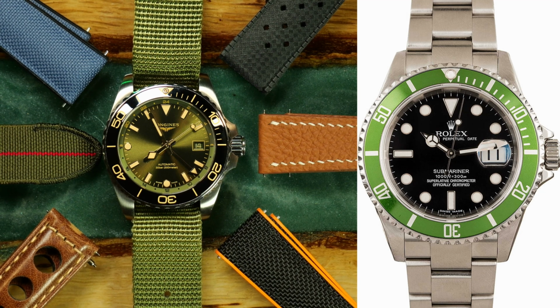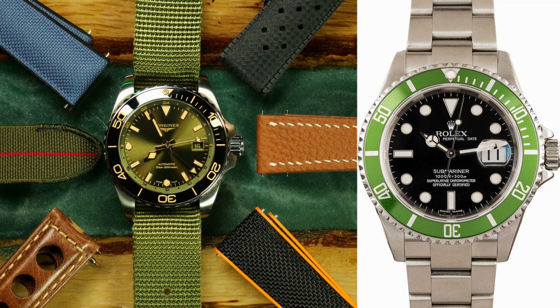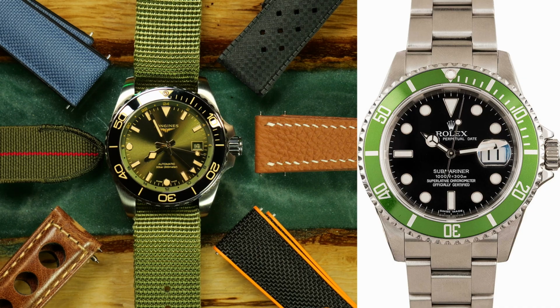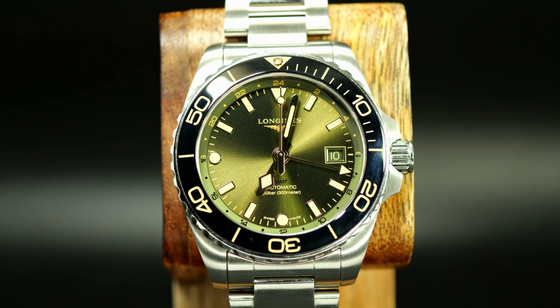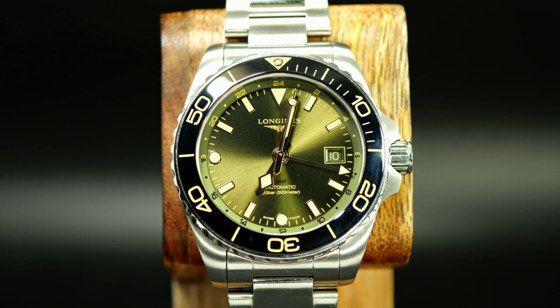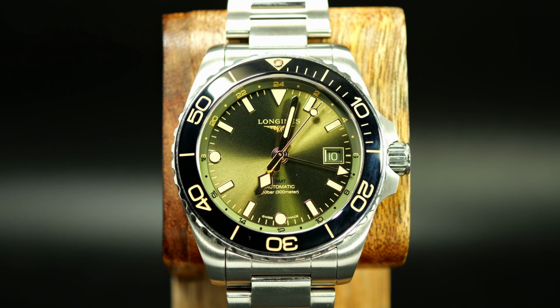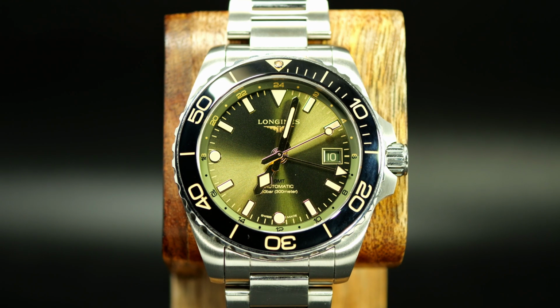But going even further, the sub has primarily dots with dashes at the cardinal points, and here you have primarily dashes with dots at the cardinal points. So they just sort of swapped all this around. Now, they still have the triangle at the top, and the best way I can describe this handset is that it's kind of an anorexic snowflake. But bottom line, it's kind of this odd inverted sub, which I think is strange to see out of Longines,